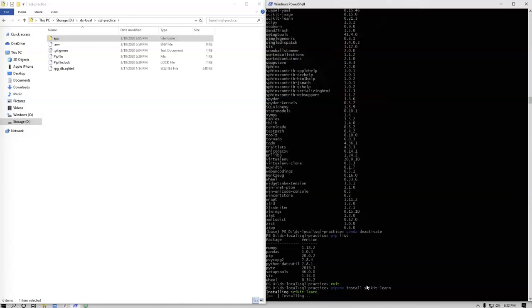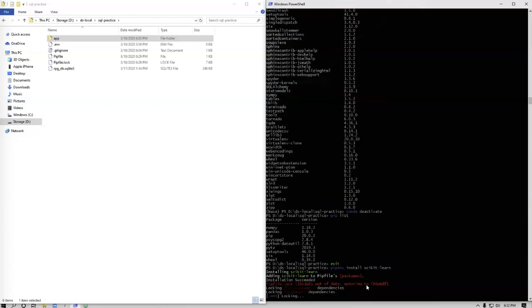But just take my word for it. The best practice is leave the shell, install the package, re-enter the shell. That will avoid any potential problems. And now we wait patiently for it to lock.